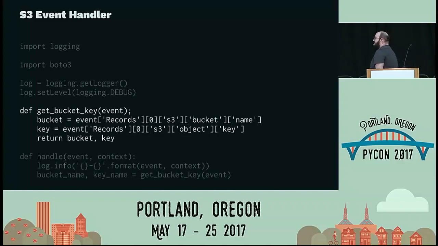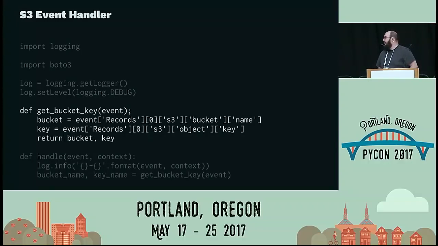Looking at that event in a little more detail, we often want to get where the file is stored, so we want to get the bucket and, of course, its key name. And after the handle method, this is the way that we process the events. And we normally break these out. We try to keep our handles very clean, very simple, and very explicit in what they're going to do, because it's all going to be in a file most times.